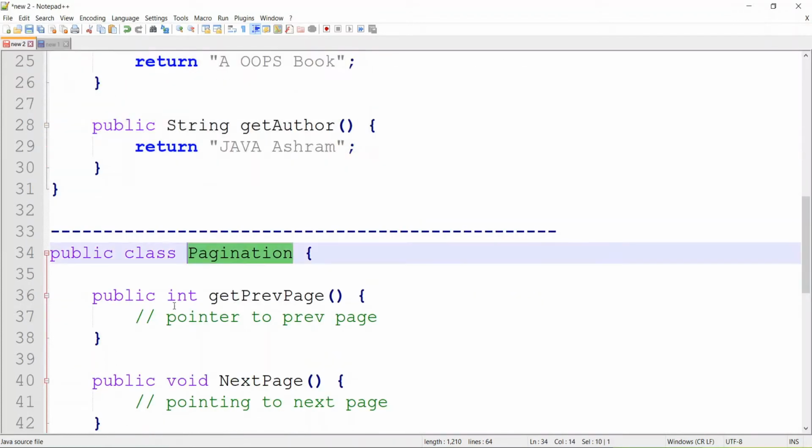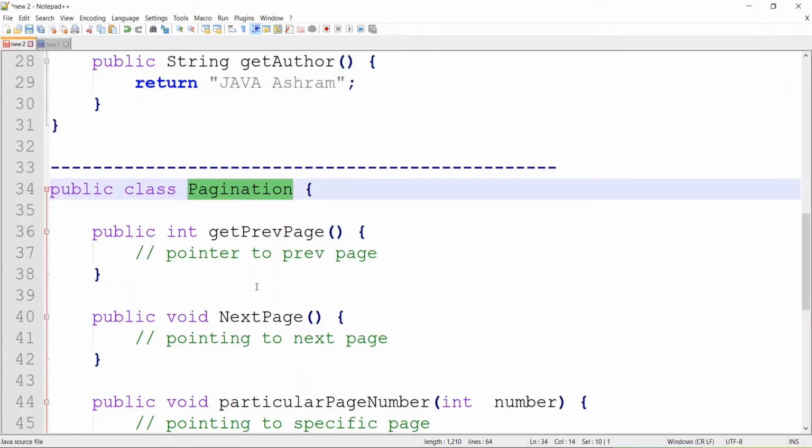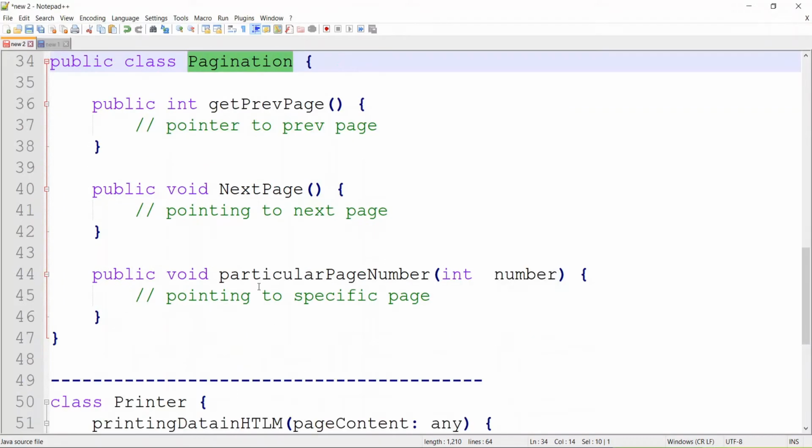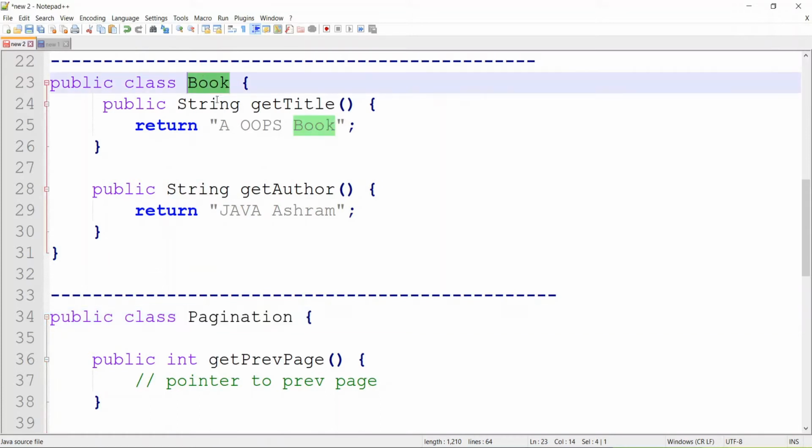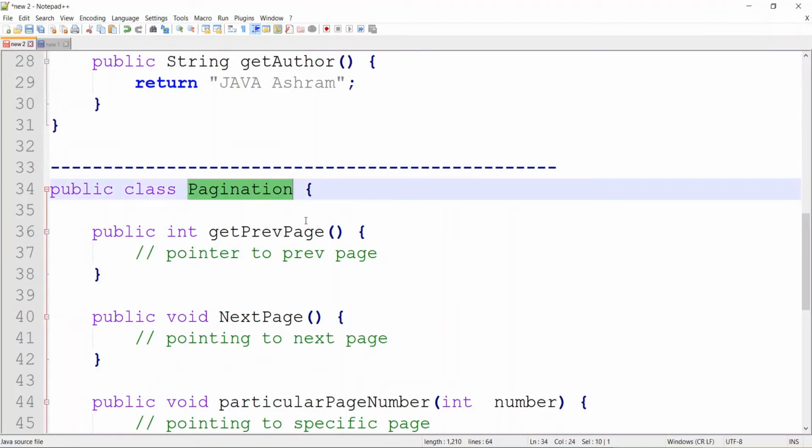This class contains information about the pagination: you can go to the previous page, you can go to the next page, and you can give a particular page number, and this will take you to that particular page. So every class has a responsibility given. The Book class will have only the information related to the book, and the pagination class will have information related to the pagination.